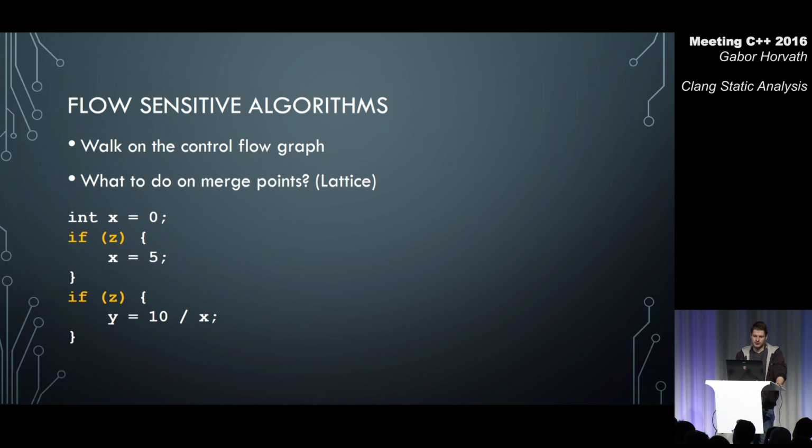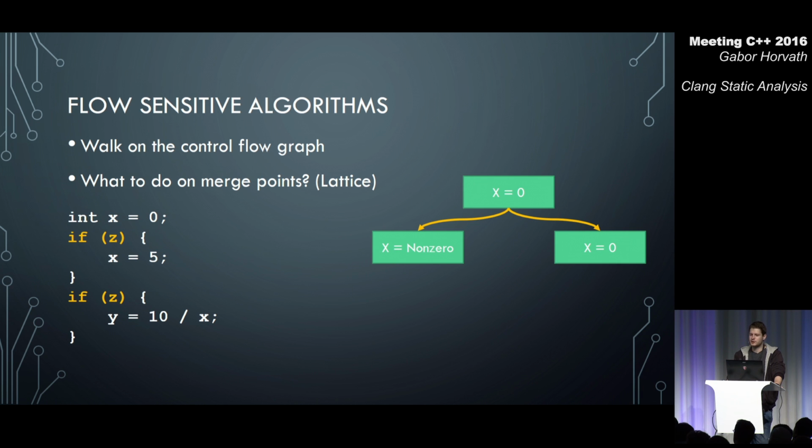In flow-sensitive algorithms, we do walk on the control flow graph. For example, here we know initially the value of variable x, and then there is a condition, so we split the execution paths, and in one of the branches, the value of x is no longer 0. On the other branch, it remains to be 0 when the branch is not taken. So the question is what to do when we merge these two execution paths, and basically we can define the